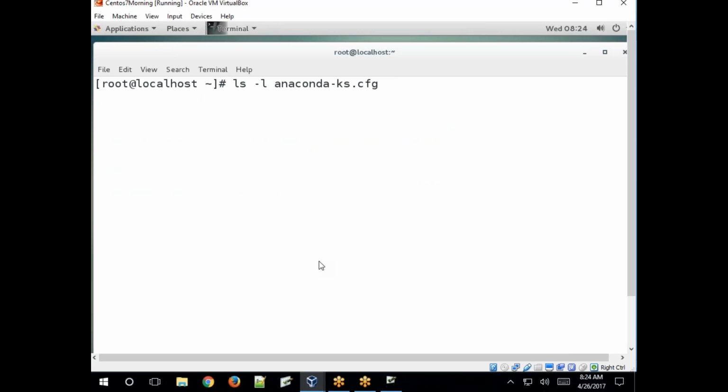It shows only that particular file information. If you want to check the file type, permissions on that file, who is the owner of that file, who is the group owner, just use ls space -l, then the file name. It shows complete information.